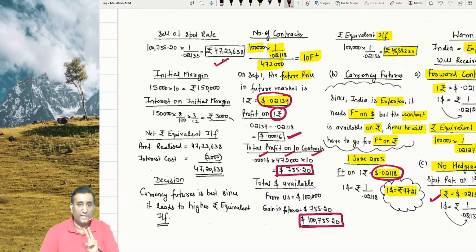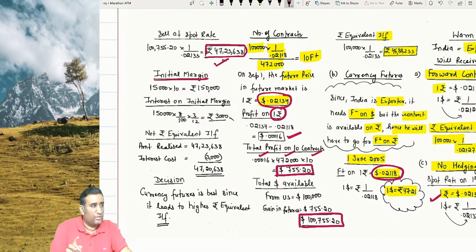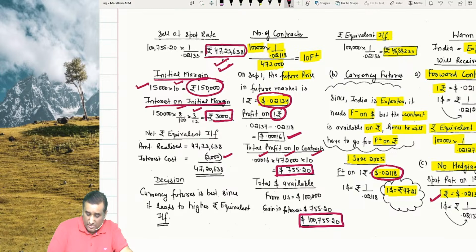Cash market rate and future market rate was what? Ideally, that would be the answer. But since he has given margin, you took the margin for the month of September. 1000 into 10, margin is not your cost, but the opportunity cost on that would be your costing. Your deposit is 1,50,000, he gave 8%, 1000. Basically, my net inflow from futures would be 40,20,638 minus interest cost, 3,000, and it comes to 40,30